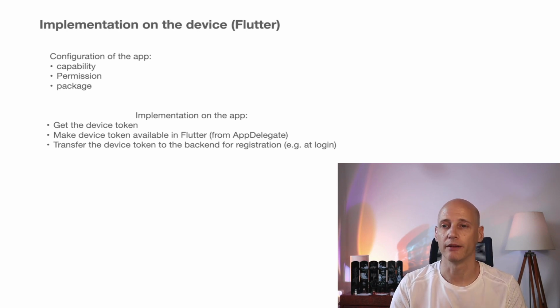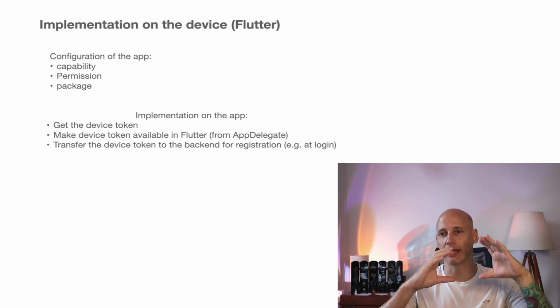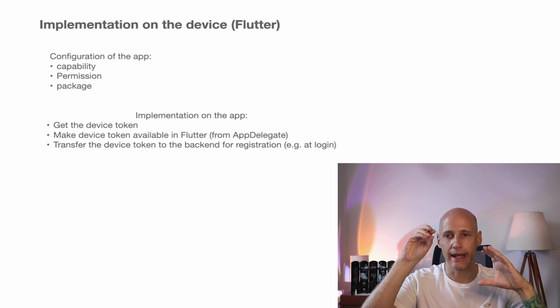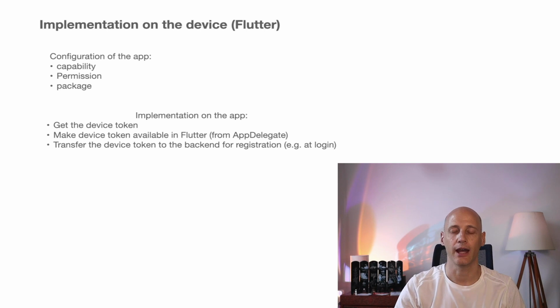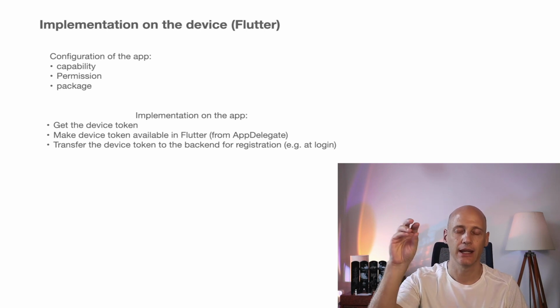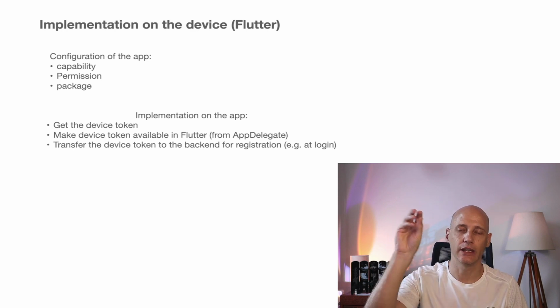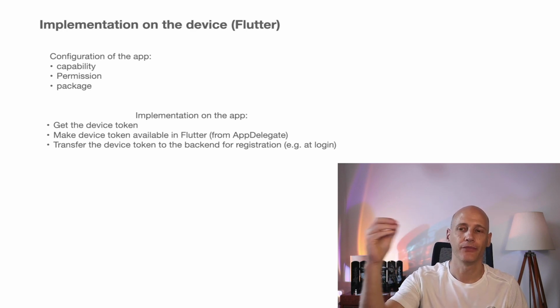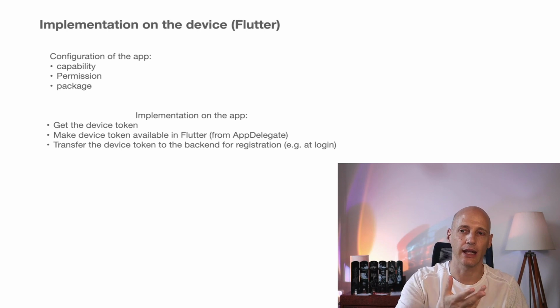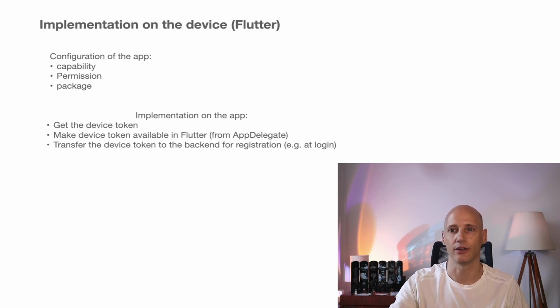Now on the mobile device, we get the token from the native part of our Flutter application. So you have the Flutter application and you have a little bit of an add-on for Apple iPhone. It's in the app delegate, and there's something similar also for Android. So here we get the token, then we need to take it into Flutter and then send it to the